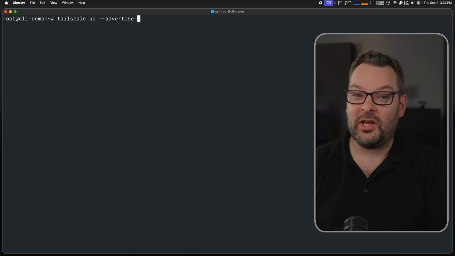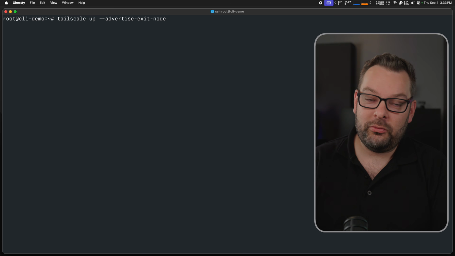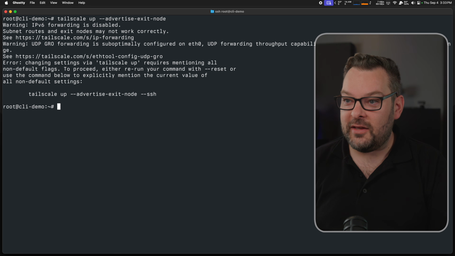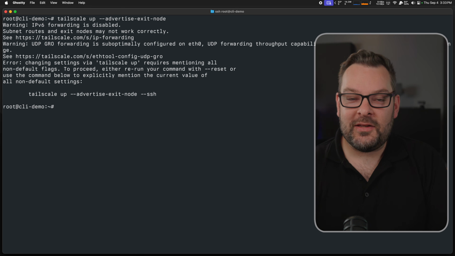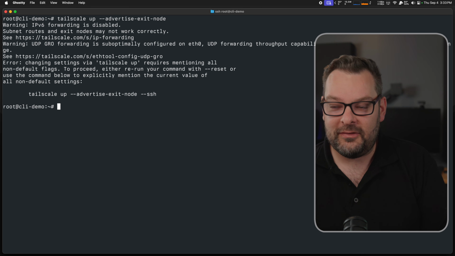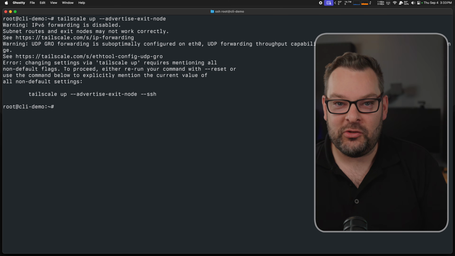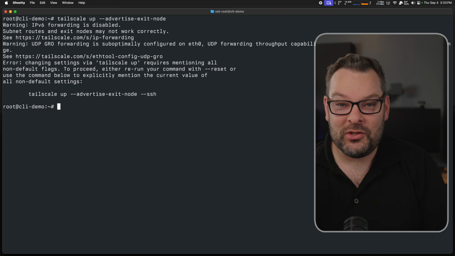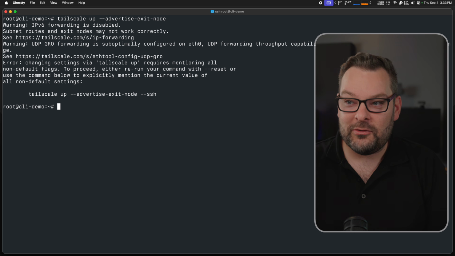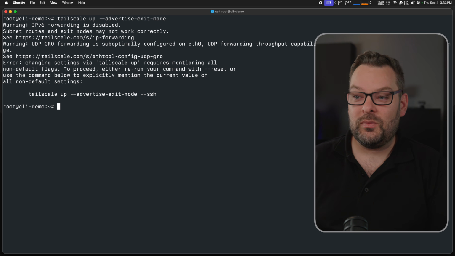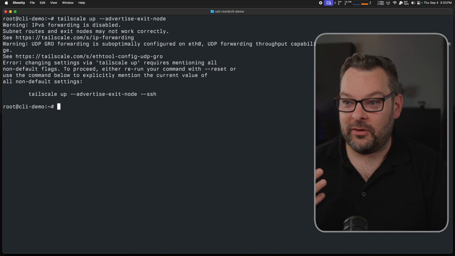If I do --advertise-exit-node, which would allow me to use this CLI demo virtual machine as an exit node on the tailnet, you can see that it's going to complain that I haven't included all of the flags that I passed last time. In this case, it's only SSH, but you can imagine if there's a bunch of tags and a bunch of routes and a bunch of exit node stuff configured, having to remember each of those things to be configured every single time can get a little bit unwieldy, which is why we recommend that people use the tailscale set command